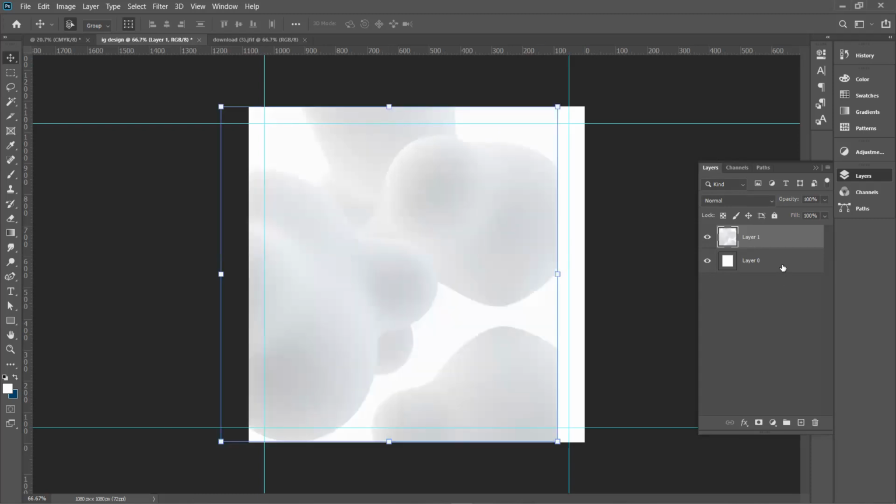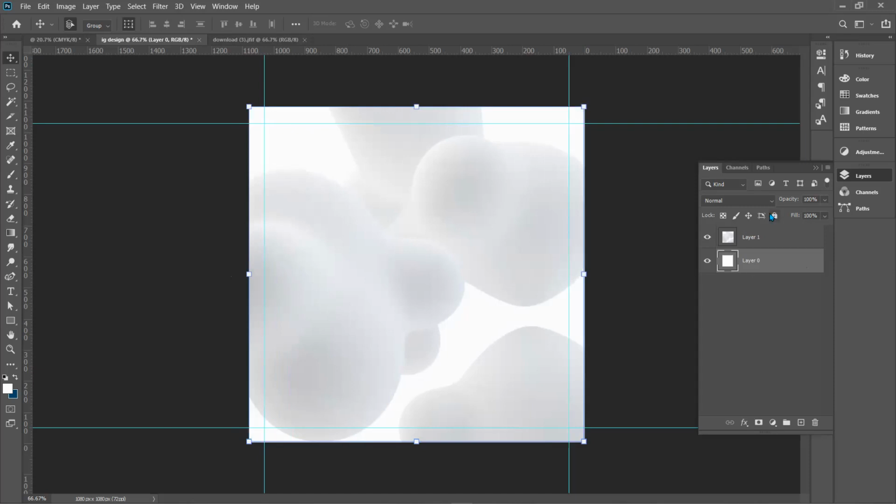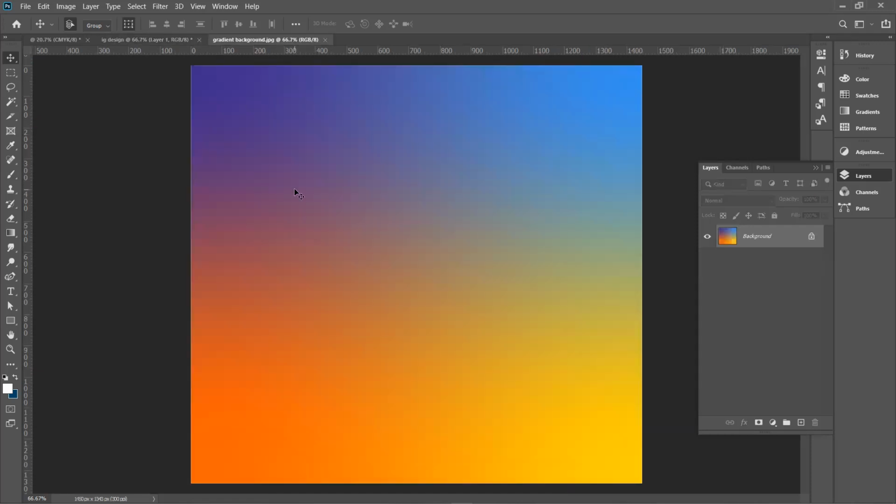Okay, so I can hold this and highlight both of them and ensure they are both in the middle. So I'm going to lock this back. Then I'm going to add a color to my background. I'm going to use this gradient. This gradient, I created it with Adobe Illustrator, and